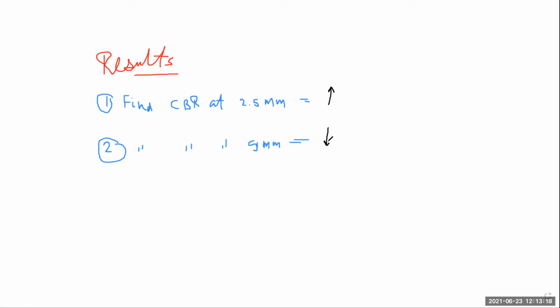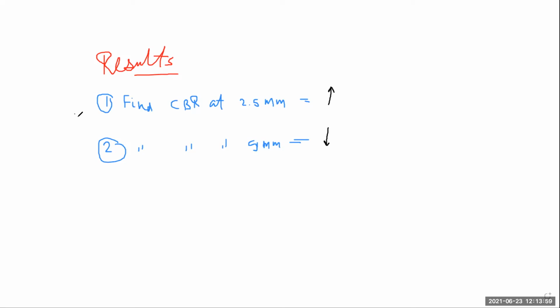What are the theories behind this CBR test? I already discussed them throughout our two sessions, along with all the procedures of this test. Again, we give all the standard values for corresponding penetration. When the penetration value is 2.5 mm, we have the standard load and the unit standard load, and then we give the result of this test.